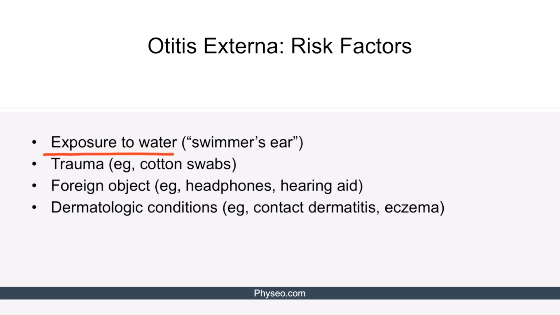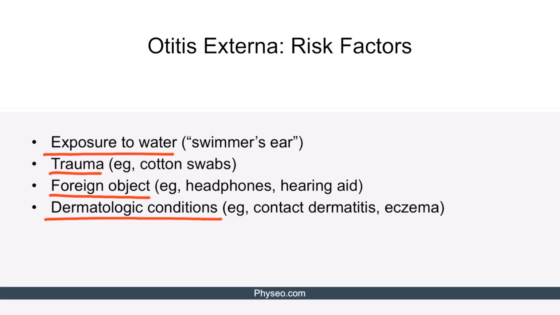Exposure to water predisposes to otitis externa because bacteria thriving in water can enter the ear canal and cause inflammation. This is why otitis externa is sometimes referred to as swimmer's ear. Trauma caused by cotton swabs or other objects in the ear can also introduce bacteria into the soft tissue of the outer ear. Foreign objects such as headphones or hearing aids can predispose to otitis externa. Finally, dermatologic conditions like contact dermatitis and eczema can disrupt the skin integrity of the outer ear, facilitating bacterial introduction